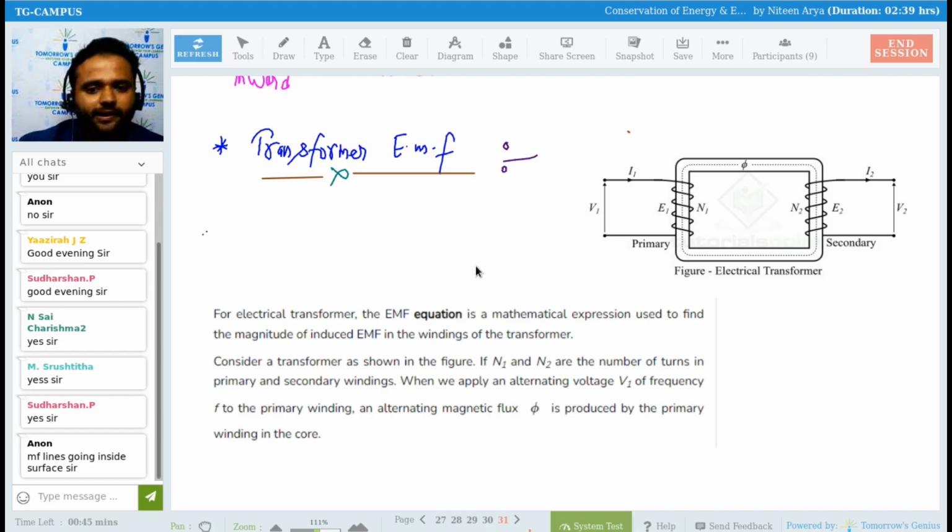There is one coil. In this particular coil, I apply this V1, the initial potential difference. When I apply the potential difference, due to this current, this coil behaves as a magnet, a temporary magnet, for as long as I apply the current. Clear? Clear enough, everyone? Is this clear?